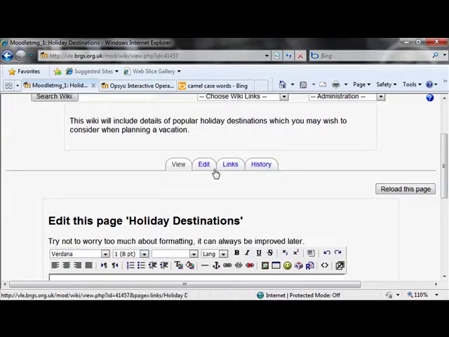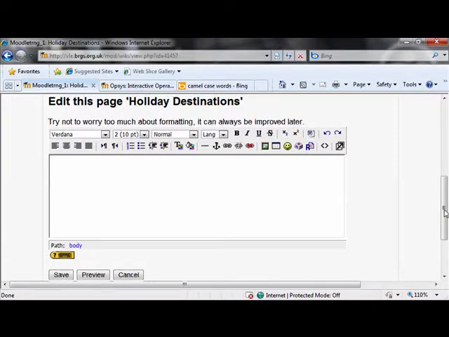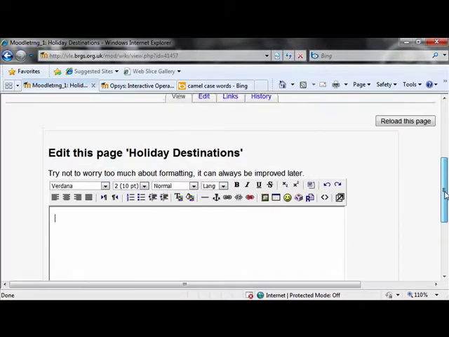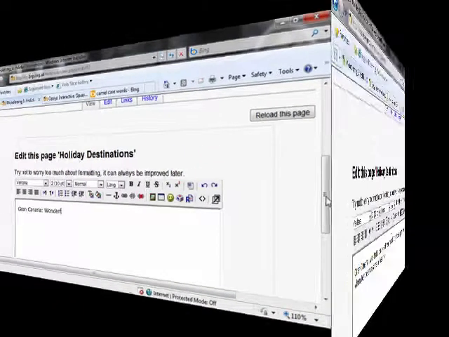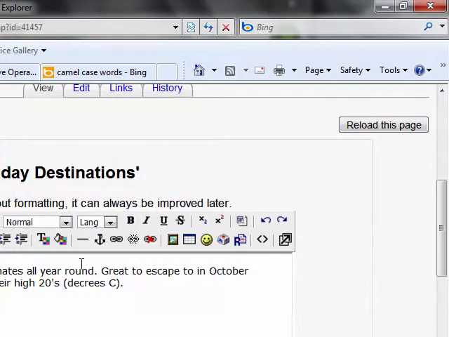and I'm on the View tab, and you can see it's now given me a text box where I can start putting in information for this wiki. So I'm going to start putting in some holiday destinations. Okay, I could go on to put more information in there if I wanted to, but I'll leave that for